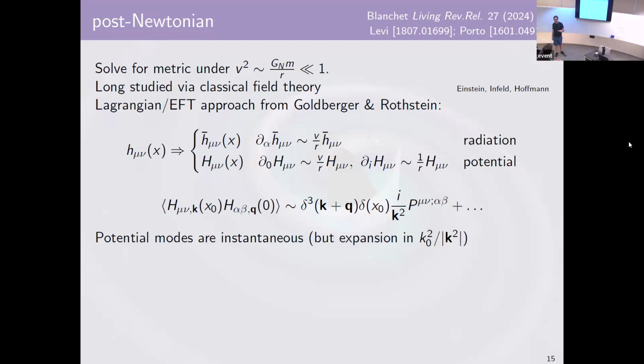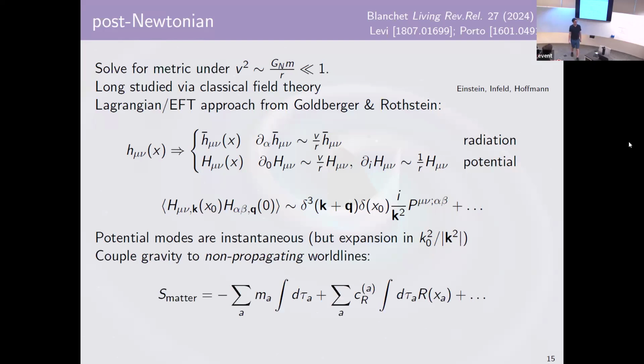And so you actually get to dodge a little bit of the problem that comes along with a lot of QFT loop integrals, that the loop integrals here are significantly easier to do. And this also starts manifesting power counting, because we see that the radiation mode goes like V over R, but the potential mode has a piece that goes like 1 over R and a piece that goes like V over R. And so we can start doing manifest counting where we drop stuff that goes like V over R, or we push to higher orders in perturbation theory.